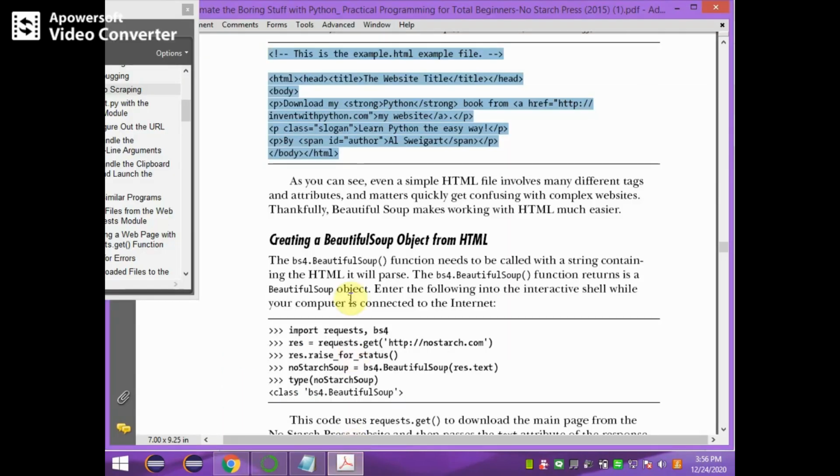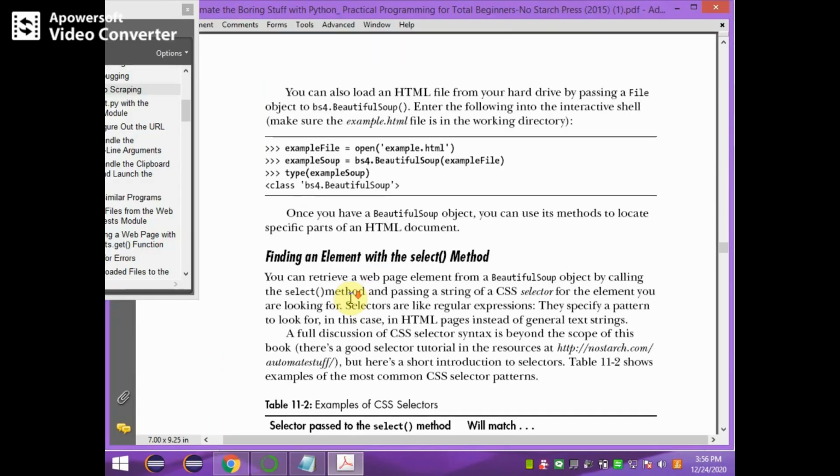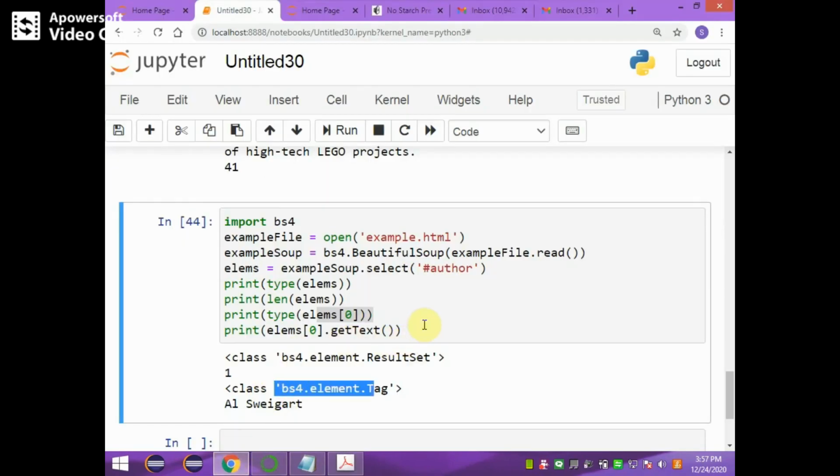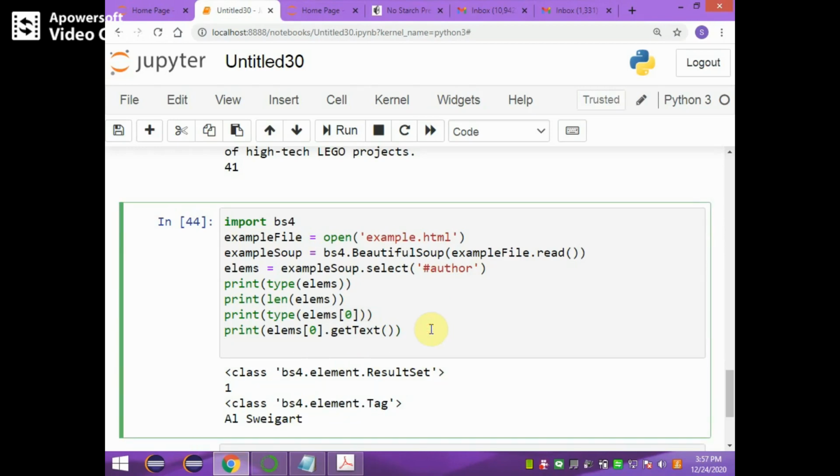Now let us try the select method with different tags. If we try to select div, instead of soup you have to use example soup.